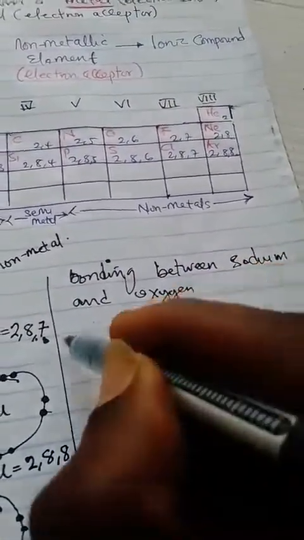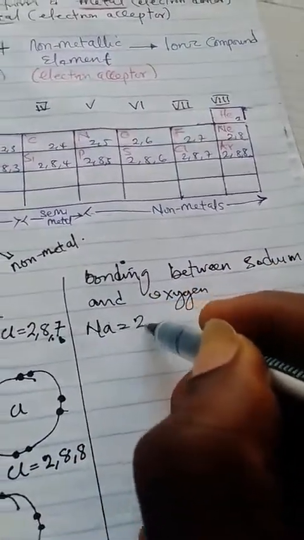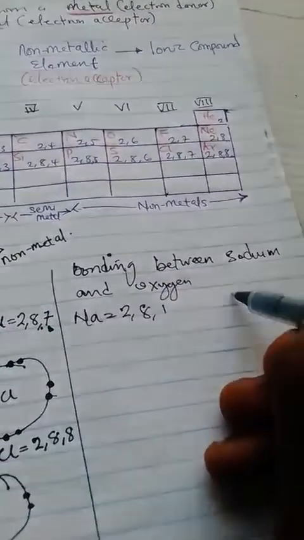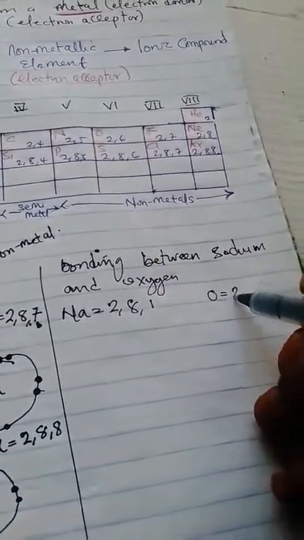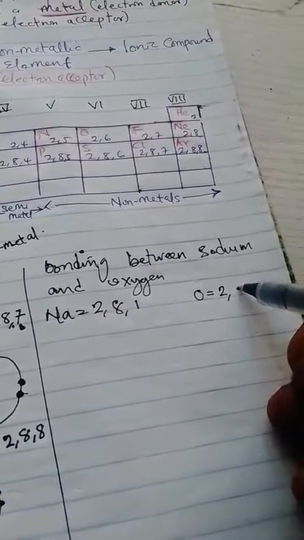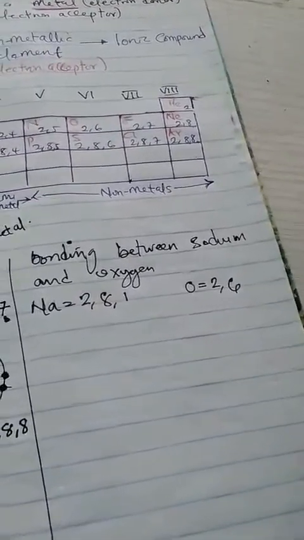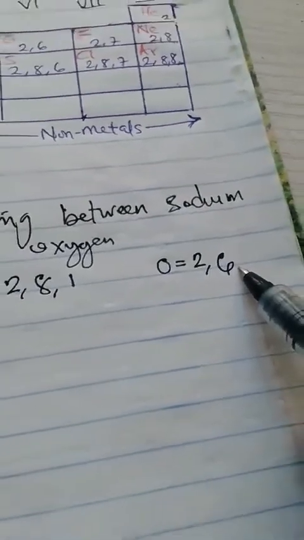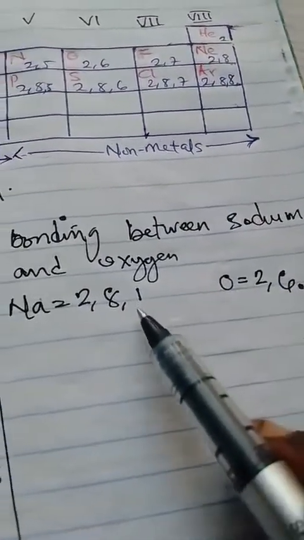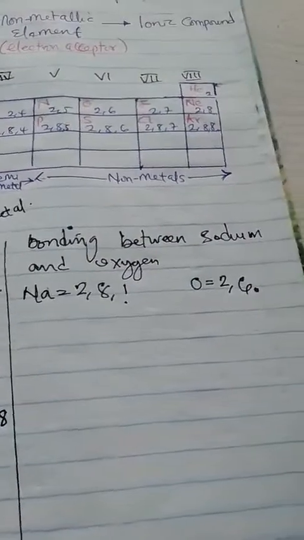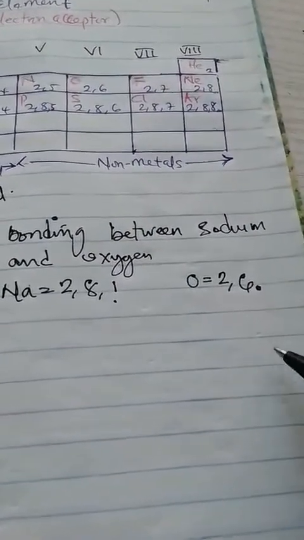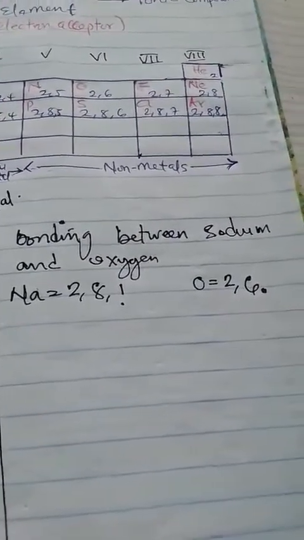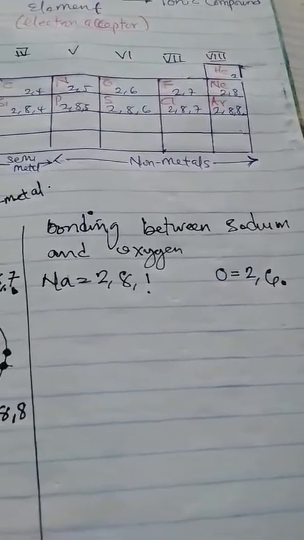Now remember, sodium configuration is 2, 8, 1, and oxygen has a configuration of 2, 6. Okay, meaning that oxygen needs 2 more electrons for it to be complete, and sodium can give out only 1. Now in this case, sodium tends to have issues here. So oxygen needs 2 electrons for it to have an octet structure, but sodium can give